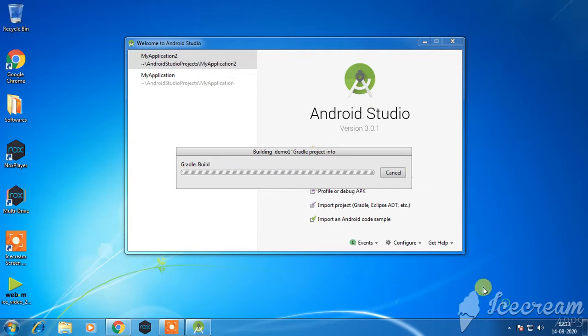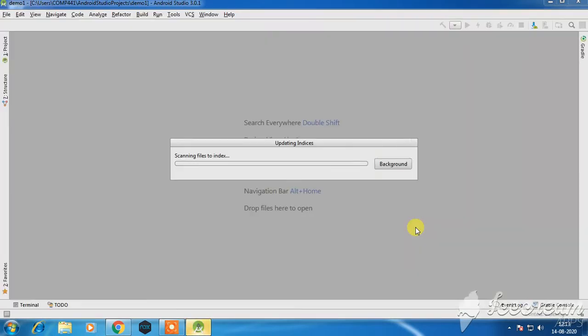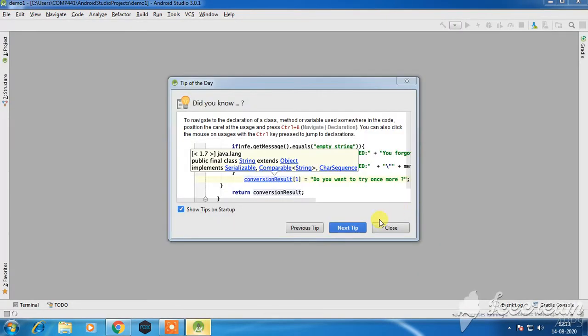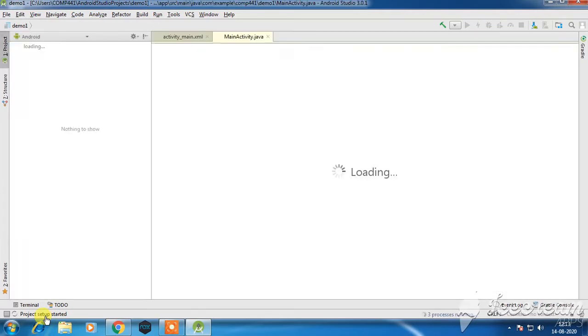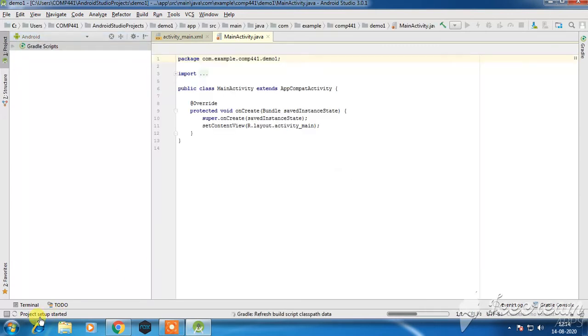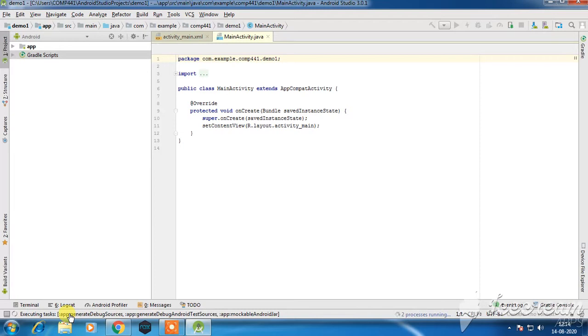They will load our project and throw some kind of errors if there are dependency issues. Here the project setup has started. Again, all the dependencies will be checked by the IDE. Here the Gradle synchronization is finished. If this message occurs, then and only then can you start your coding.